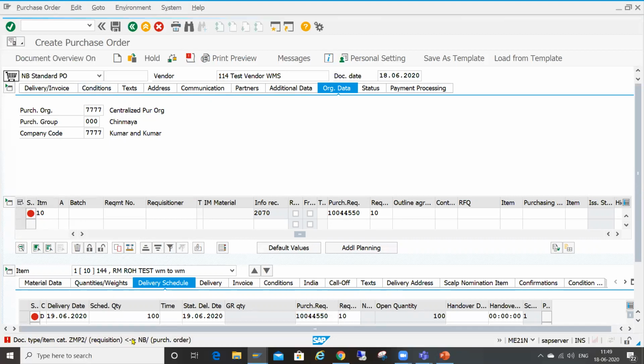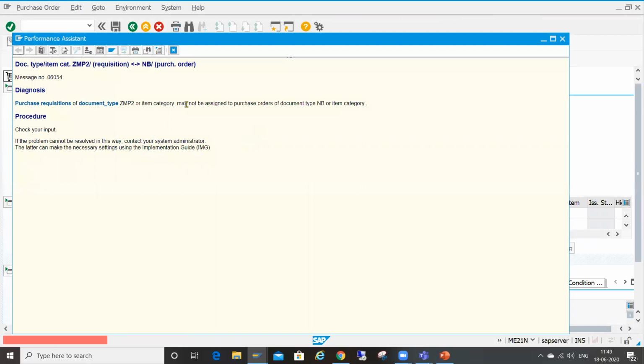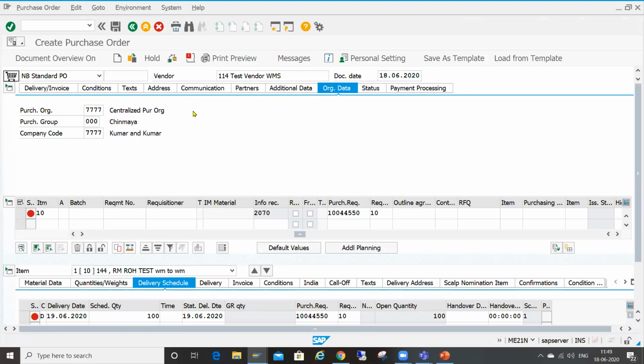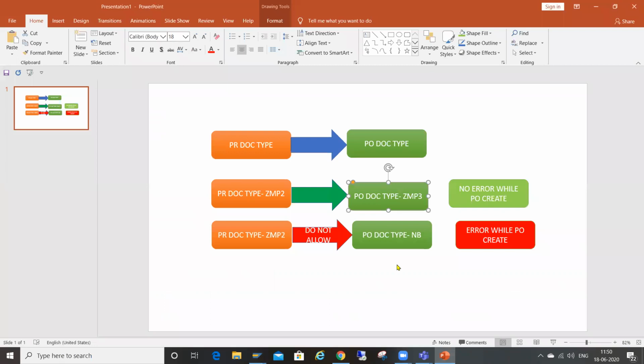Okay, this is mainly for reporting purposes, and reporting should be smooth, so that the document type which you want to create in PR and the document type which you are creating in PO can be linked. If you want the system to trigger an error when the combination is mismatched, then you should follow these steps through standard configuration.